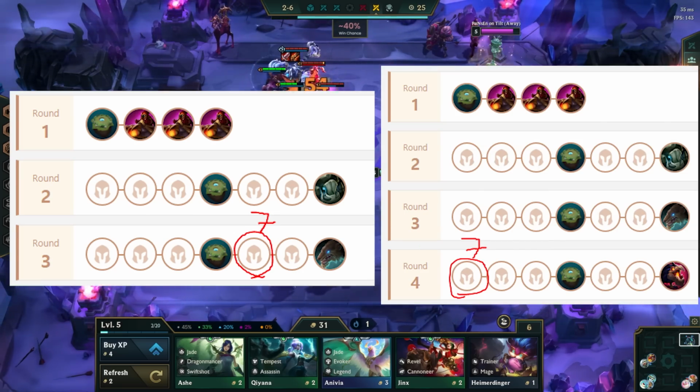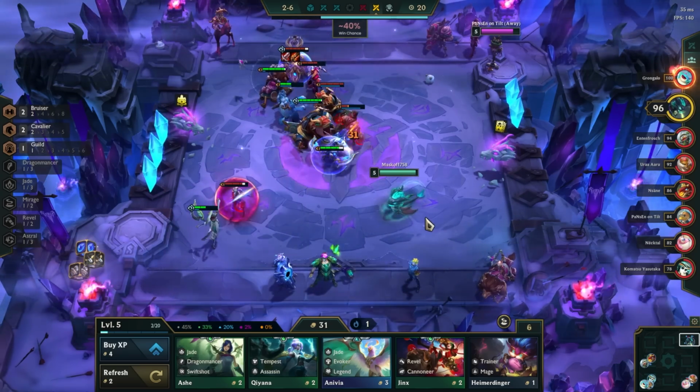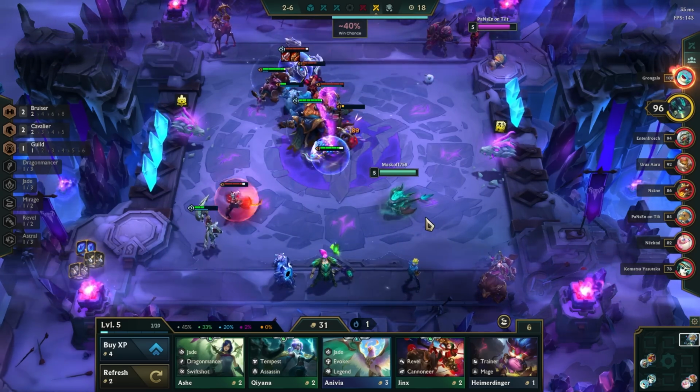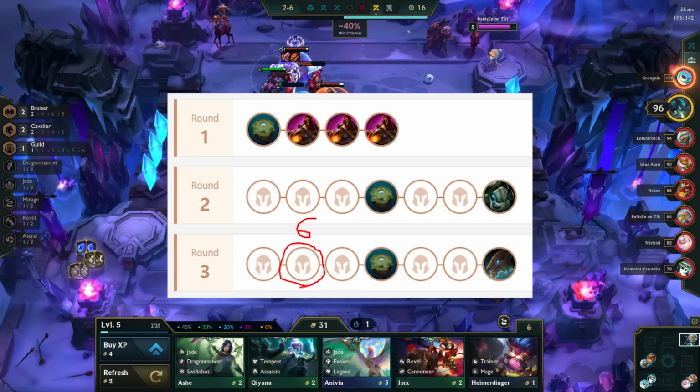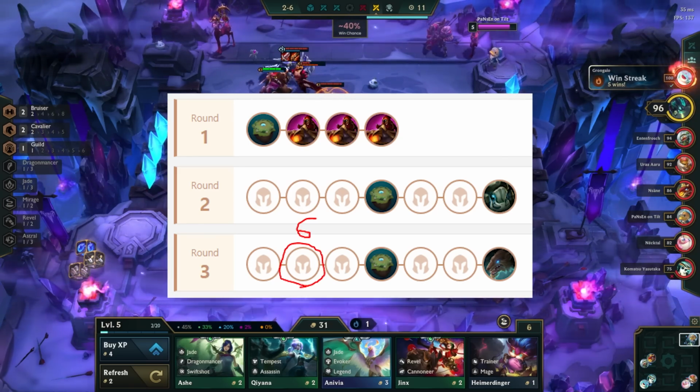Therefore, we can play the early game however we want. One small side note is that if you have taken a ton of damage and you are lower than 60 HP on stage 3-2, then it's okay to level to 6 and roll there for a 6 Dragonmancer board. It's not as good as rolling at level 7,